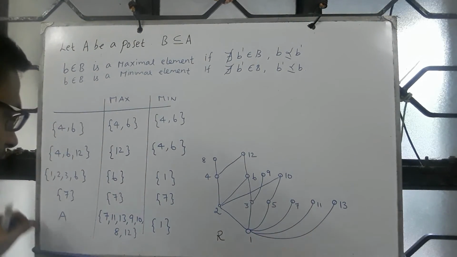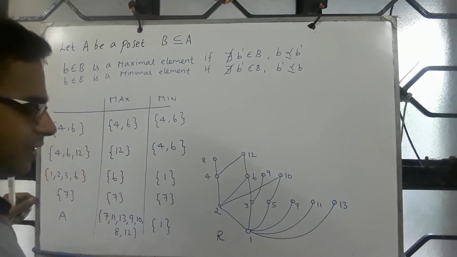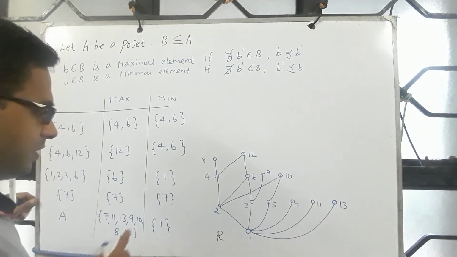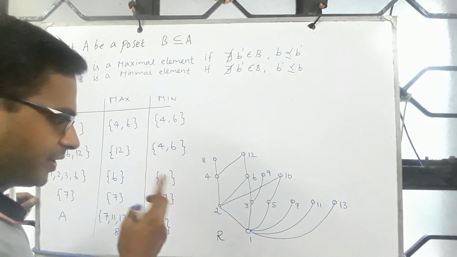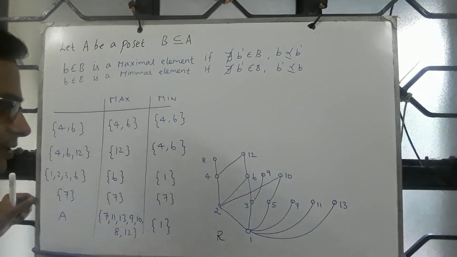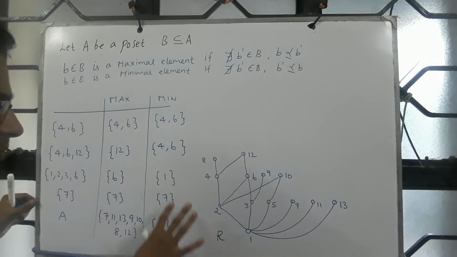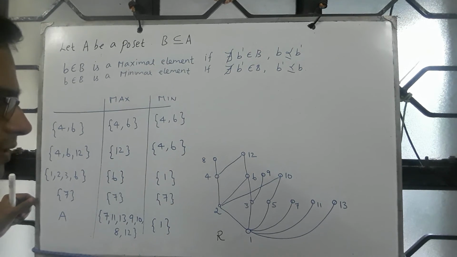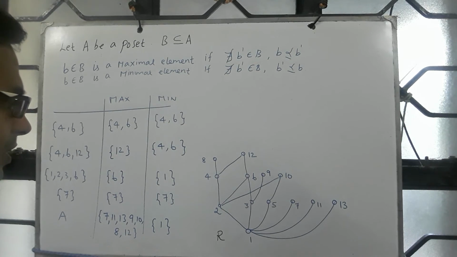Okay. And one more observation is, when we looked at greatest and least elements, we have seen cases where greatest can be empty or least can be empty or both, whereas this one, that's not the case. You give me a subset, maximal elements and minimal elements always exist. So that is the beauty of this.